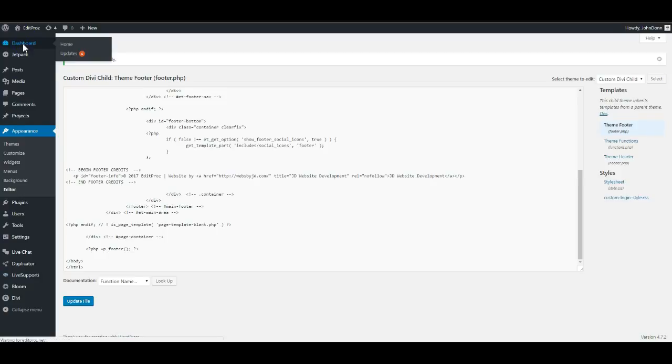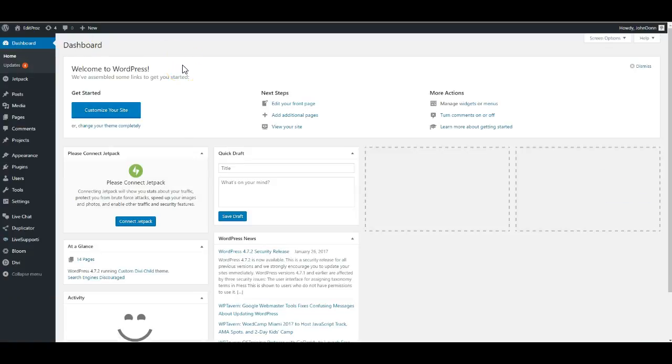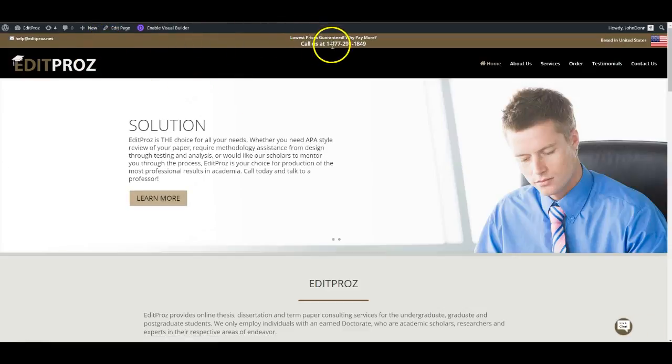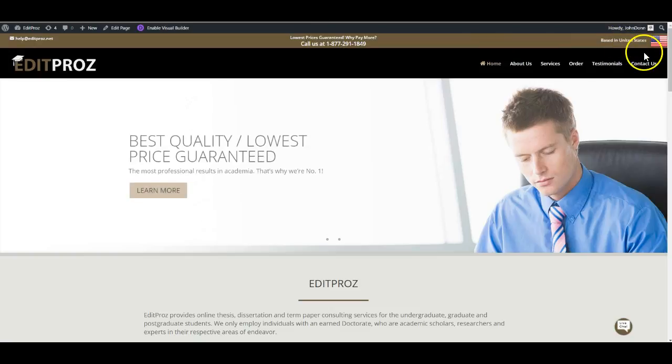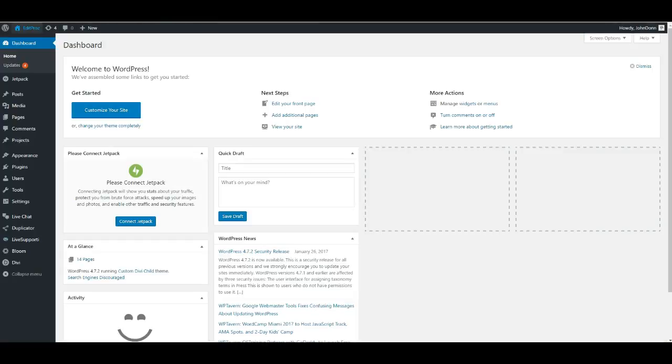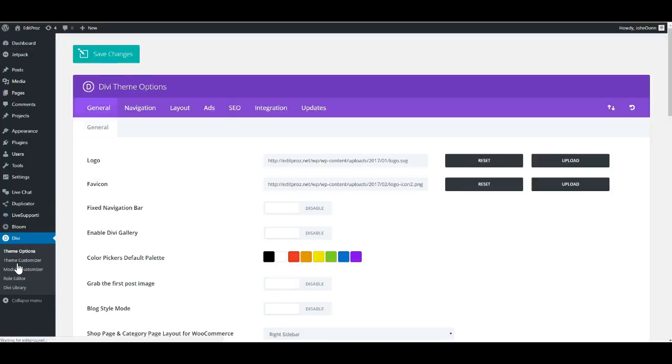Now go back to the dashboard, and now I'm going to show you how to edit the header. Now in your website, I'm going to open up in a new tab your website. You'll notice that you have this content here in your header along with this content over here that is custom content. And I'm going to show you how to get to that from the dashboard. So when you're in the dashboard, you simply go down to Divi, click Divi, then you go over to Integration,